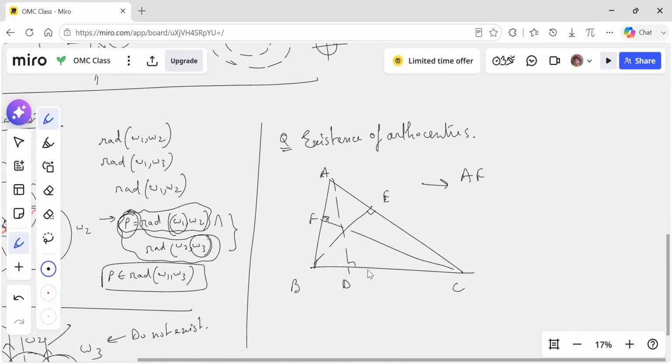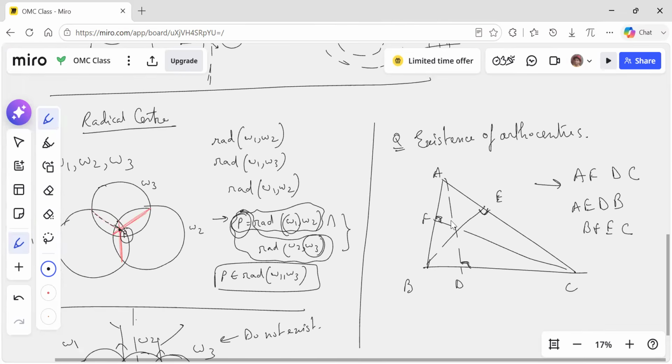So we have this is 90, this is 90, so AFDC is cyclic. Also, this is 90, this is 90, so AEDB is cyclic. And this is 90, this is 90, so BFEC is cyclic. So now you have three circles, and a natural instinct, also stemming from the fact that